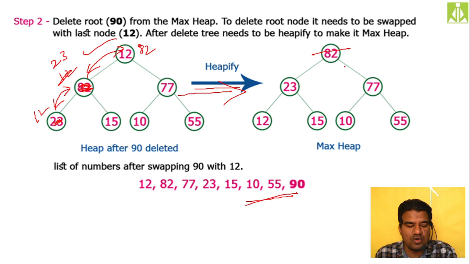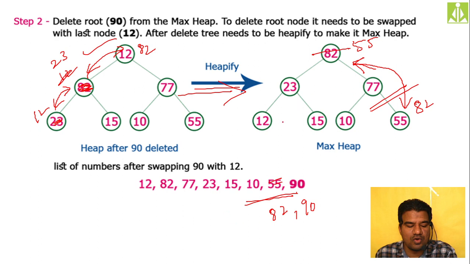Again what we have to do: 82 shifts with the last node in the level order traversal. In level order traversal it stops over here. So shift this 82 over here and 55 on top. Now delete this 82 as a leaf node and fix the location. Here we'll fix the location. 82, 90 we already have.